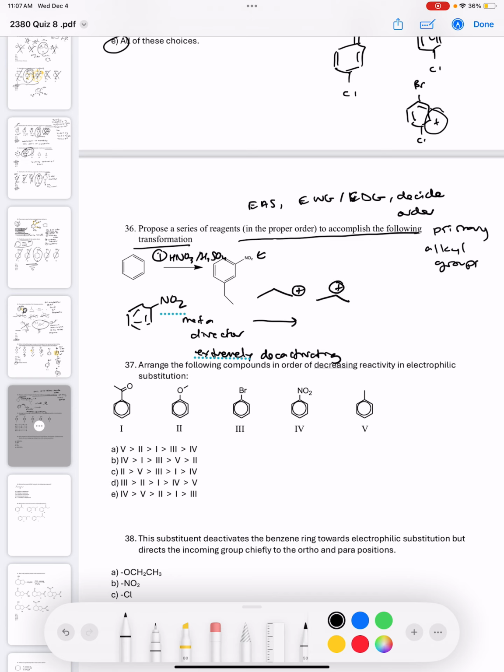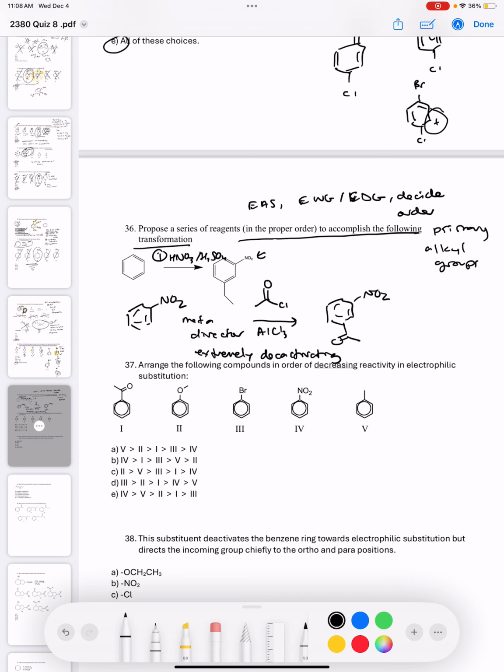And so if we did a primary carbocation like that, the thing that would add would look like this. That's not going to work. So what we talked about instead was doing a Friedel-Crafts acylation, where if you do an acyl group with AlCl3, that will add on, still in the meta fashion,